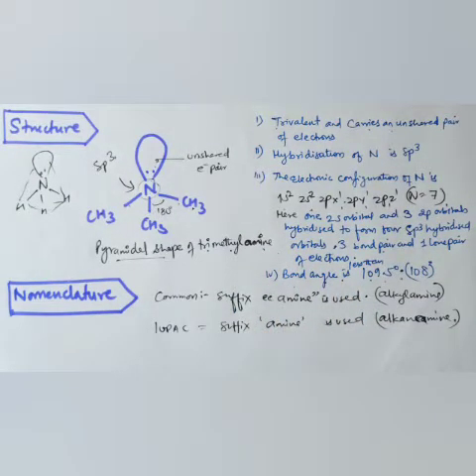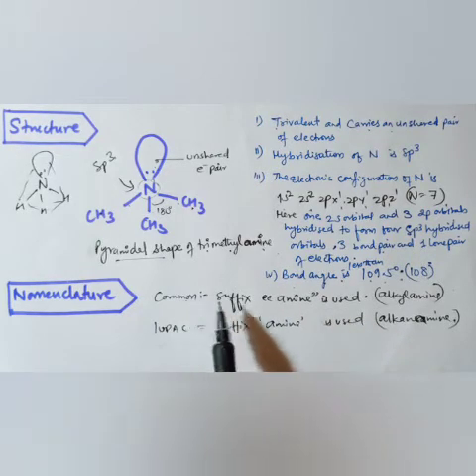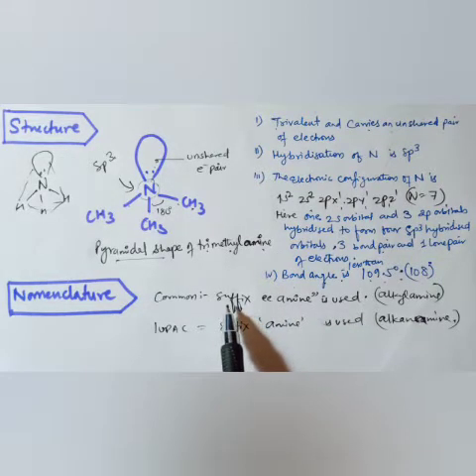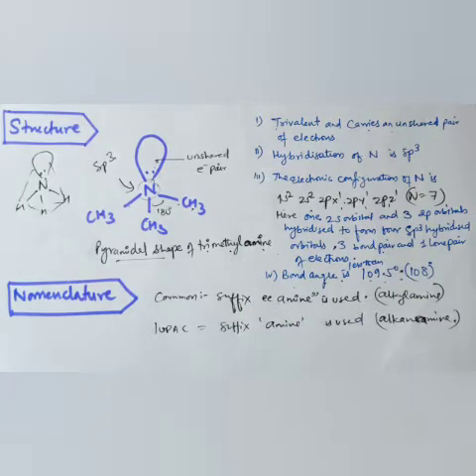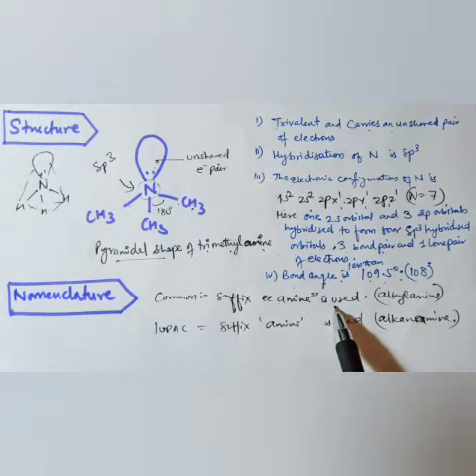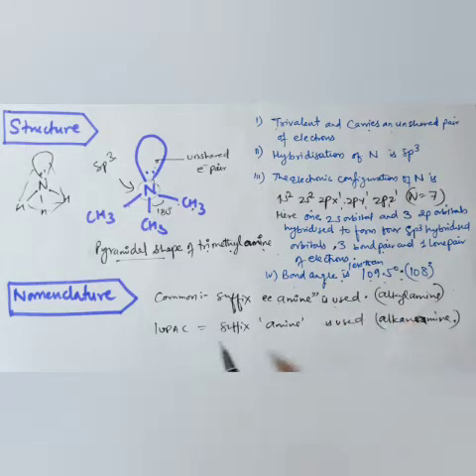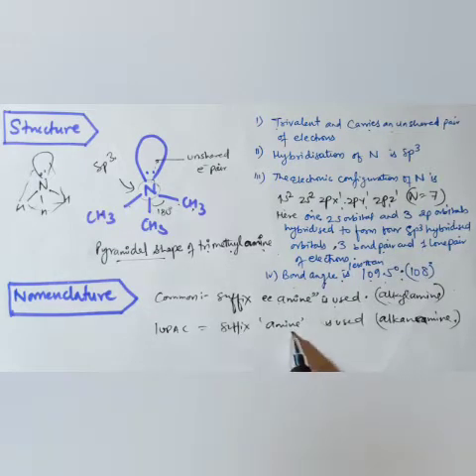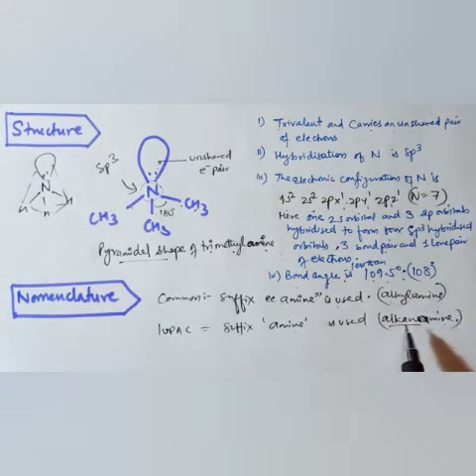If we talk about nomenclature, there are some rules and steps to follow while naming the amine. First, in the common system, an aliphatic amine is named by adding the suffix amine to the name of the alkyl group which is attached to the nitrogen atom. So the name is called methylamine. Similarly, for IUPAC, the suffix amine is used, then it is alkanamine, like methanamine,